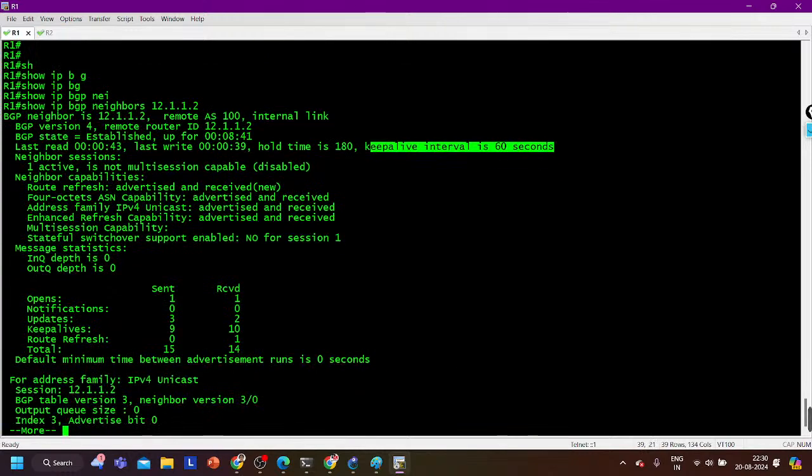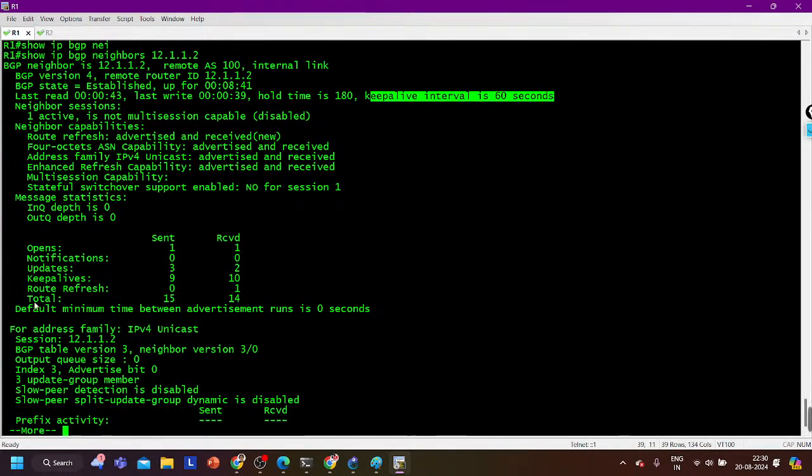Now here you can check the messages for the particular neighbor, like how many open messages it has sent and received. A router will send an open message only to discover the neighbor, only to form the neighbor, right? Once BGP forms the neighborship, it will not send any open message, because we have a separate message, keepalive, to track the neighbor. Guys, the size of a keepalive message is very small as compared to the hello message of OSPF. That's why in BGP we have divided the hello message into two messages, open and keepalive.